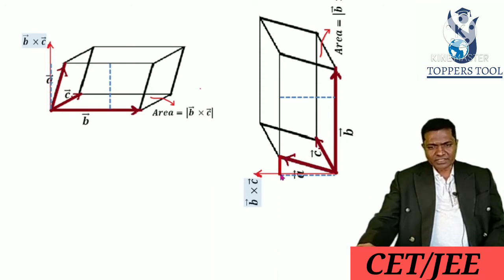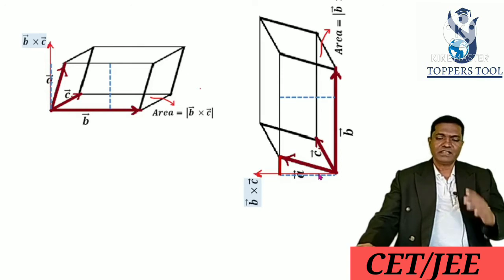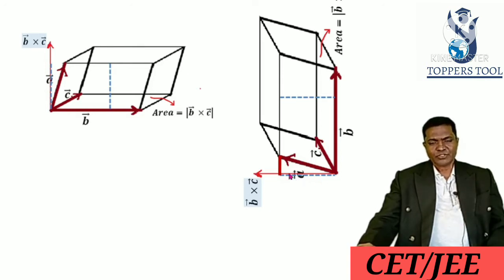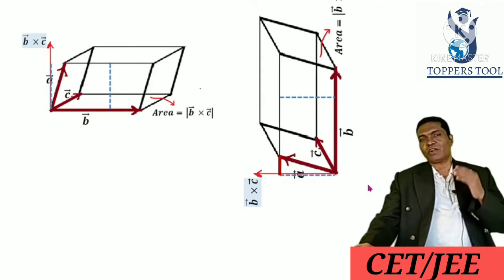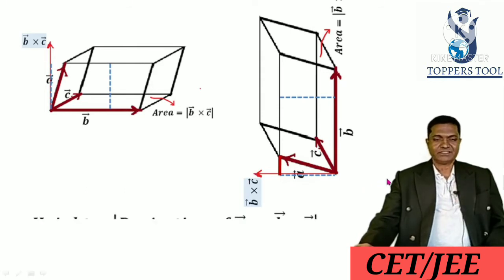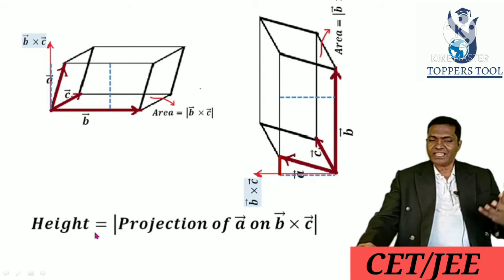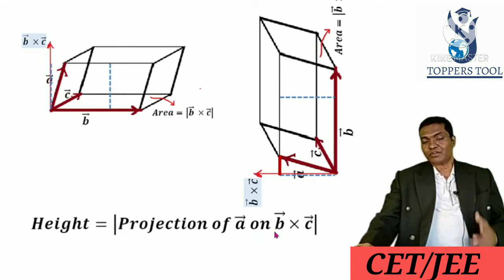Now we want the distance from here to here, that will be the height of the parallelepiped. Okay, now how will you find it? This is actually the projection of vector A on this vector. Okay, and we know how to find the projection of one vector on another vector. So here the height is nothing but the projection of vector A on vector B cross C,